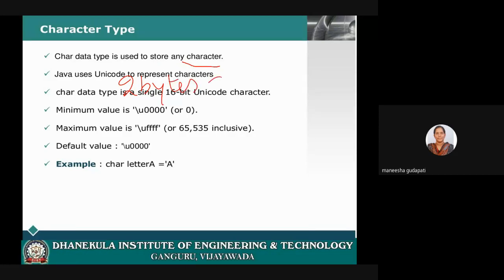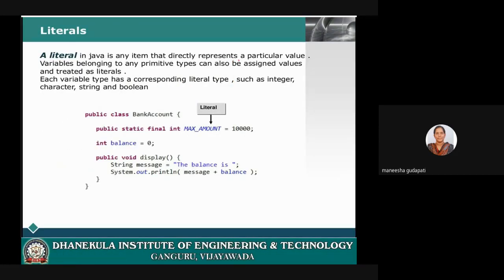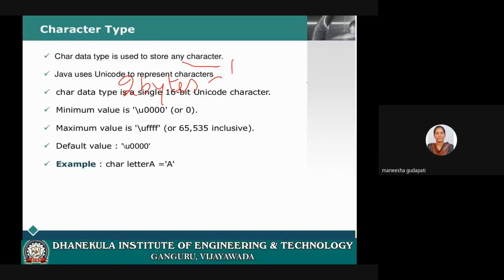So totally we have 16 bits. 2 bytes means 2 into 8, 16 bits. So the minimum value is four zeros to four Fs. You can store one single character in this character data type.